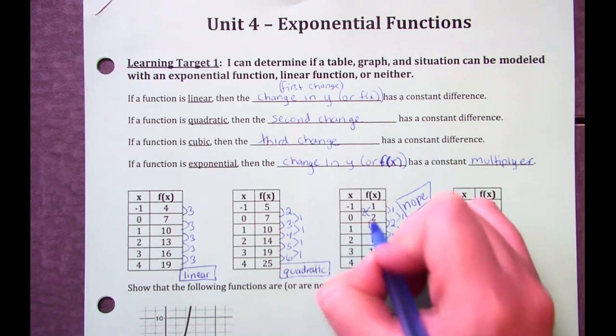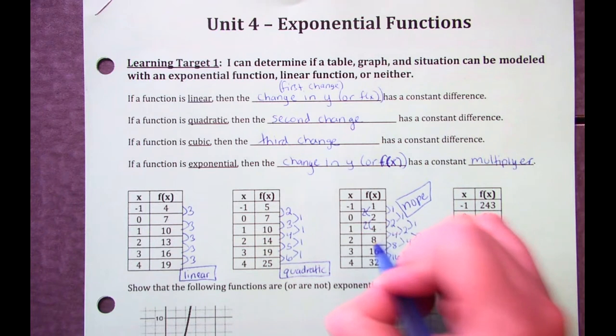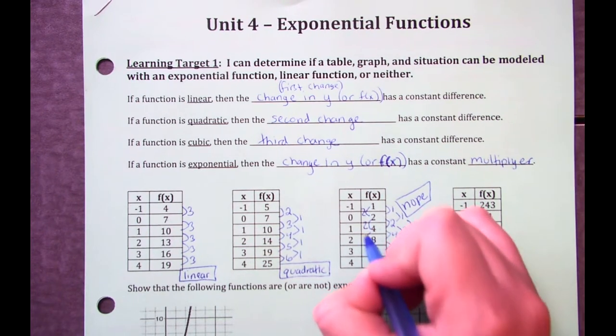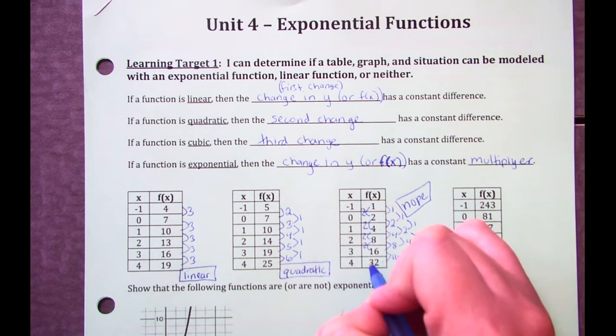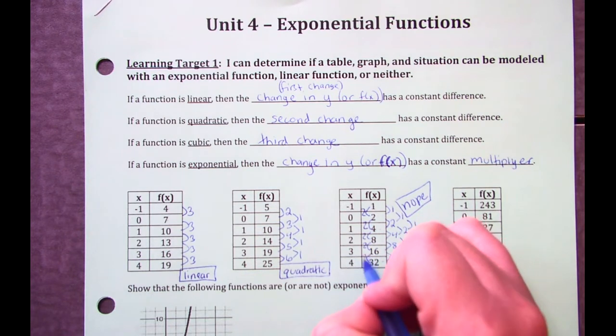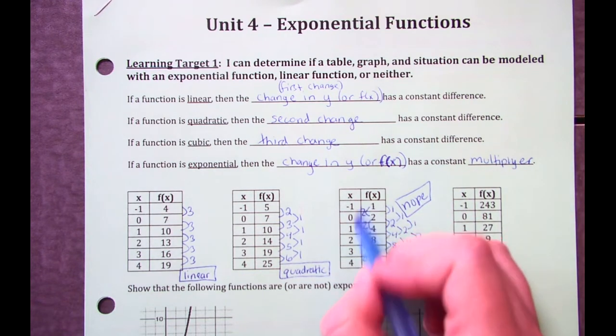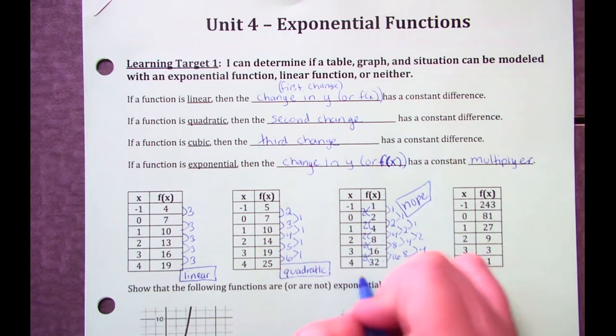4 divided by 2 is 2. 8 divided by 4 is 2. 16 divided by 8 is 2. 32 divided by 16 is 2. So because it has a constant multiplier there,